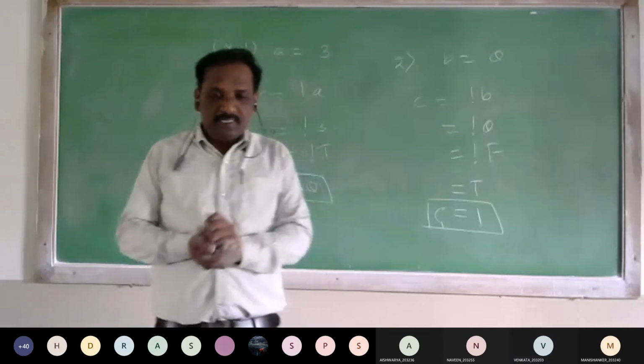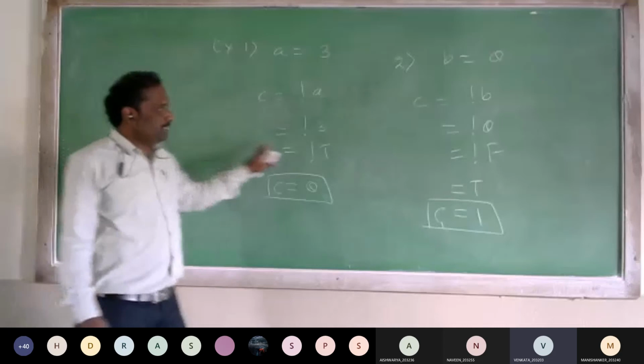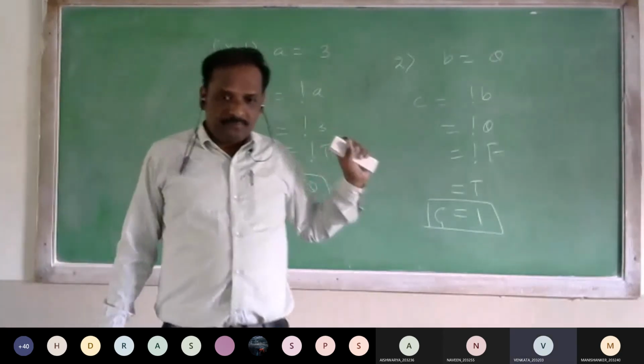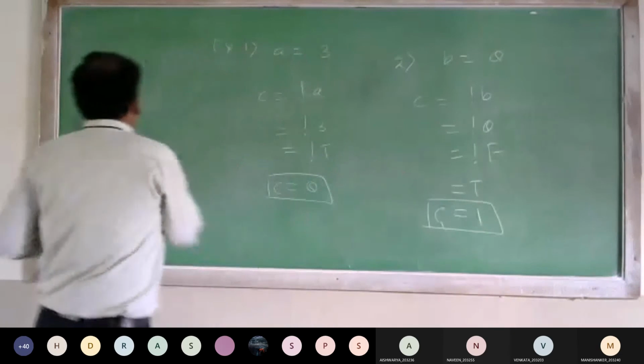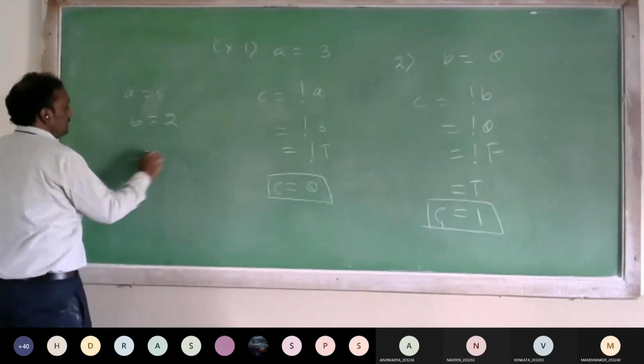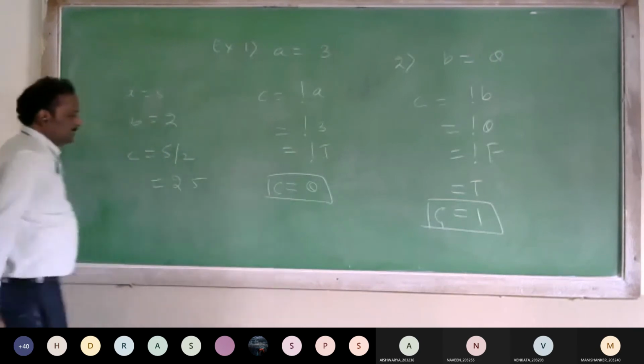Float division, for example, we shall see in the next class. For example, if I have taken A is equal to 5, B is equal to 2, then C is equal to 5 by 2, it will be 2.5.